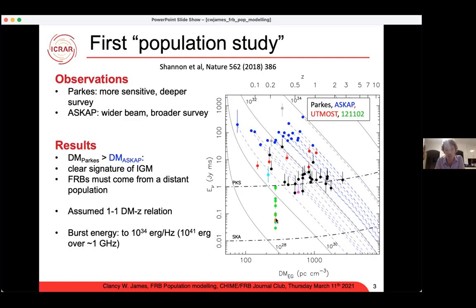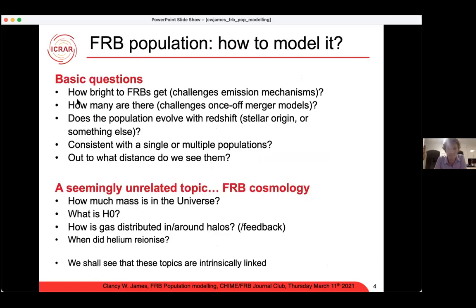And you start to ask questions about FRB 121102, and naively you immediately say, oh, clearly this looks like it's from a different population and is different and weird. I'll come back to this point maybe on the second to last slide. But for the moment, because the points I'll be modeling in this talk will be from ASKAP and Parkes, I'm going to be sticking to the single burst case, looking at this population here and then seeing how effects from things that repeat and emit many bursts of lower energy would affect that. So, okay.